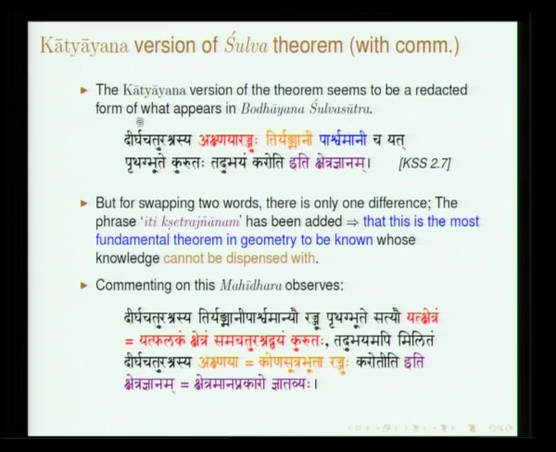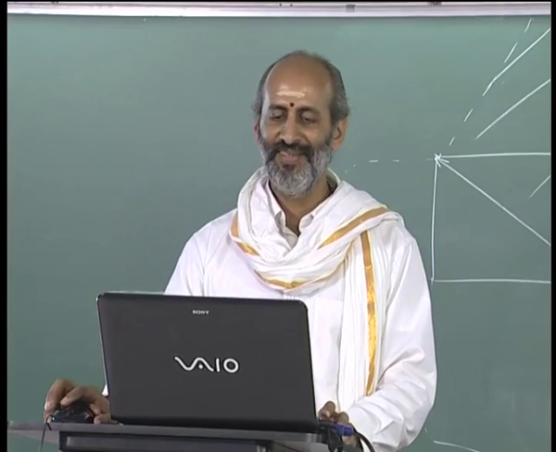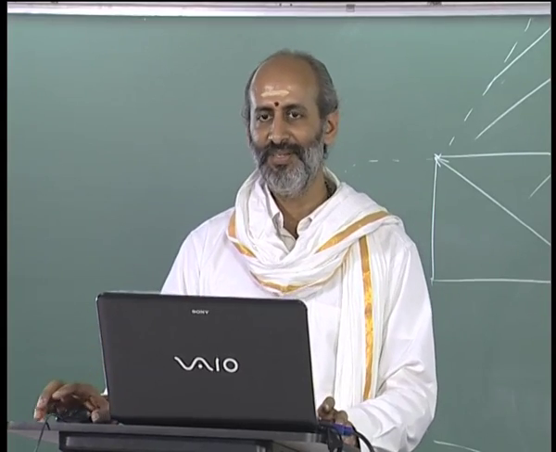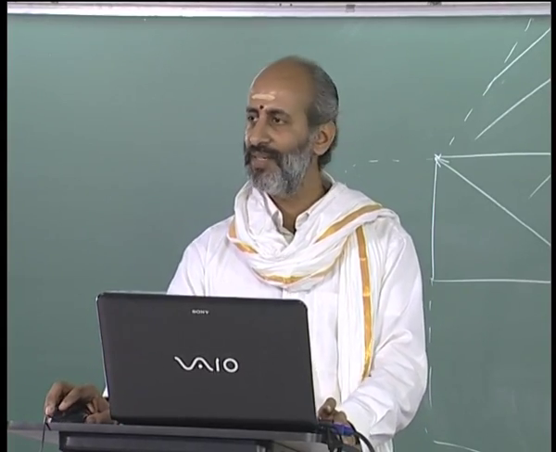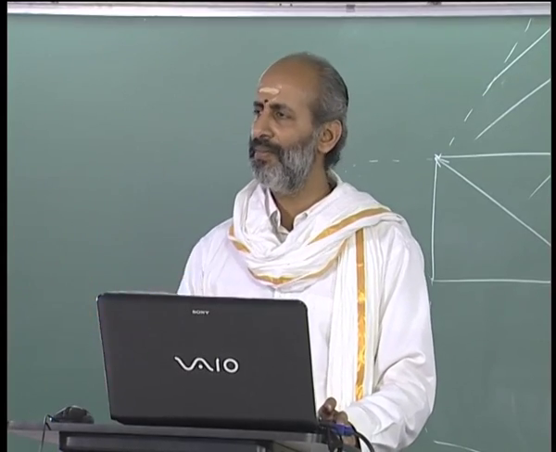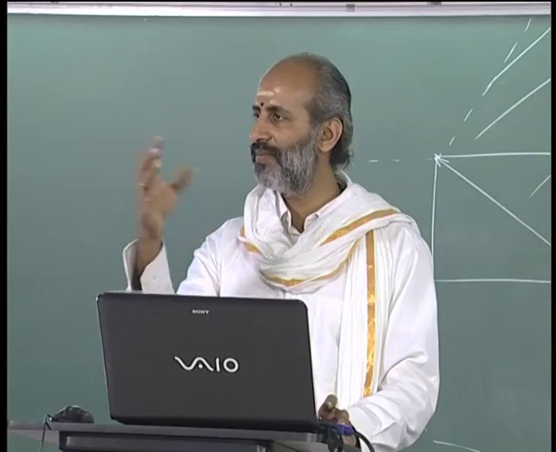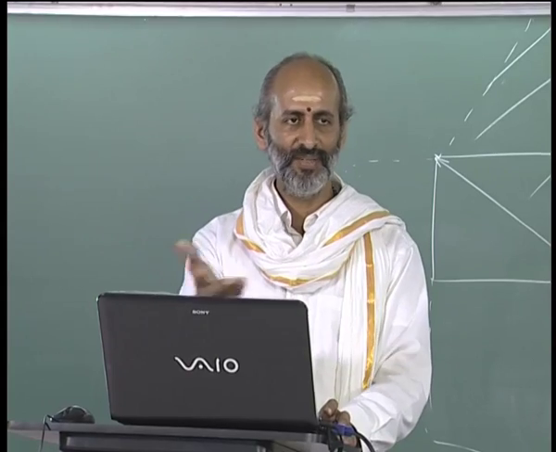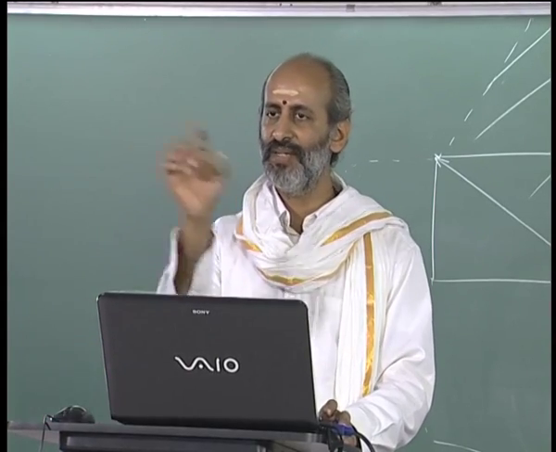In fact, in yet another version, as I was mentioning earlier, the Katyayana version is primarily the Bodhayana Sutra as it is, with the only thing added: iti kshetra jnanam. Iti kshetra jnanam can be understood in two different ways. I would say that this is the most fundamental theorem to be known in planar geometry, which cannot be dispensed with, and the applications are manifold. Even in very complex calculations like the period of eclipse, all that we use is primarily this, a sort of right angle triangle.